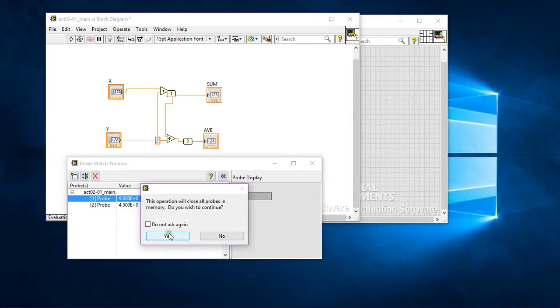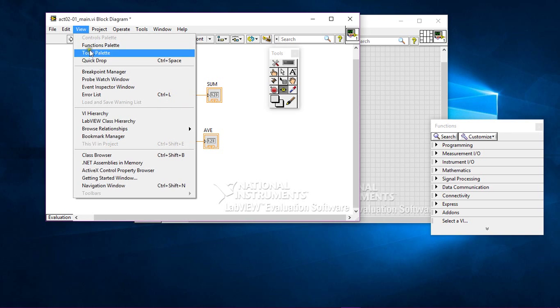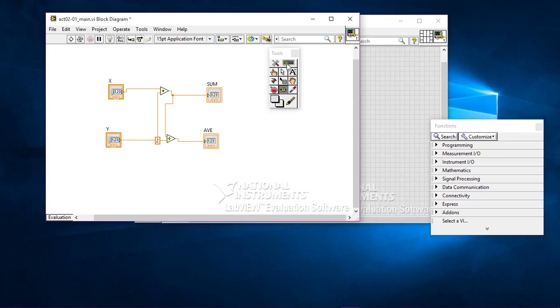You can add text in the BD by using the Edit Text tool to add comments and describe the functionalities of certain parts of the BD. The Breakpoint tool